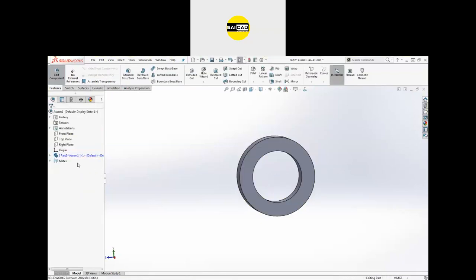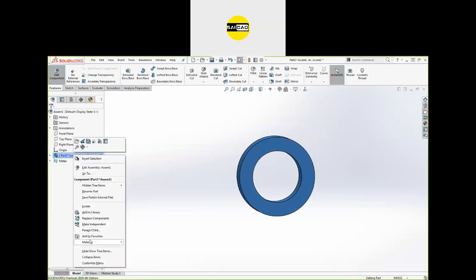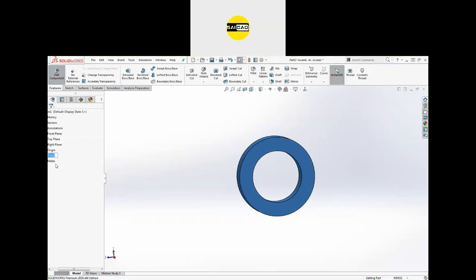So you can see next we have the part here. We have the part with the name Part 2. You can just click on it and edit the name, or you can right click and there should be a rename part option. Okay. So define the name. If you want to define anything, suppose it should be tire. Like that you can create. Okay.